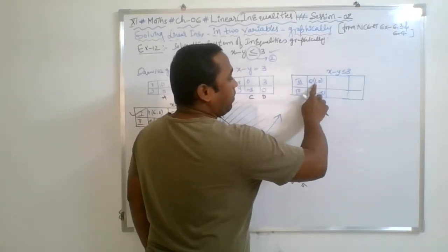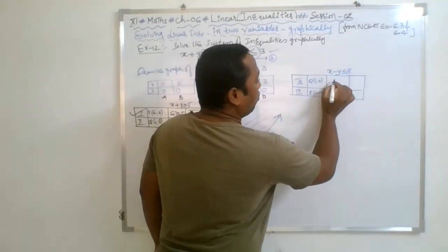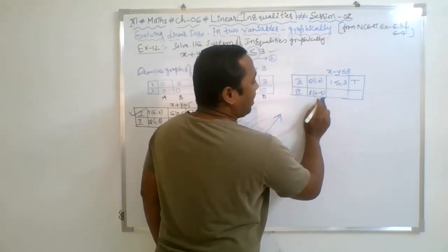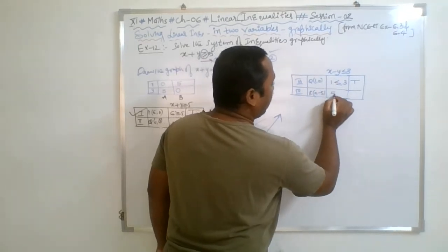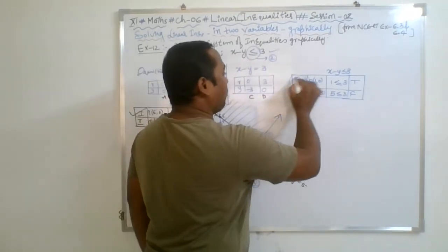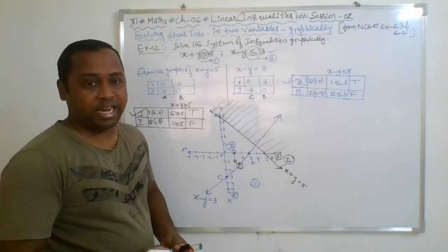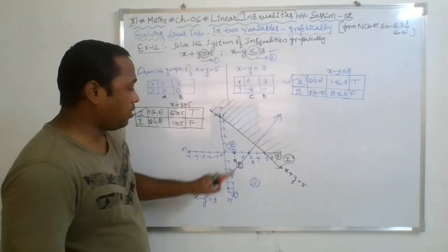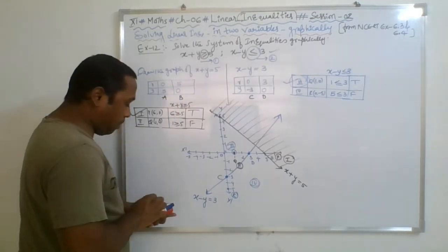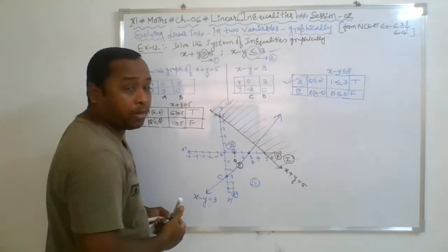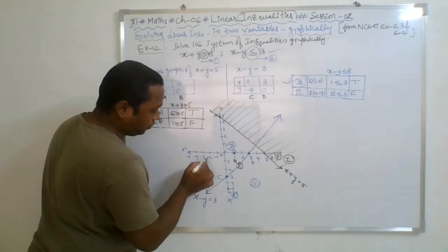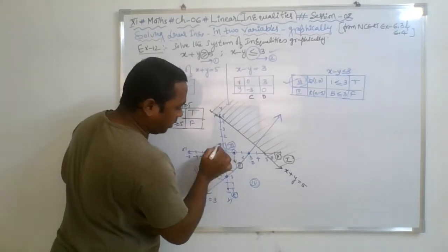Now I am substituting the value of Q. 1 minus 0 is 1, so 1 is less than or equal to 3, yes, true. 0, -5, if you substitute over here, you will get 5 is less than or equal to 3, which is false. Hence, which is a part of the solution? Third plane for you. So the third means upper. So you need to shade the upper portion of this line, upper area of this line. So just go with that. Upper one.